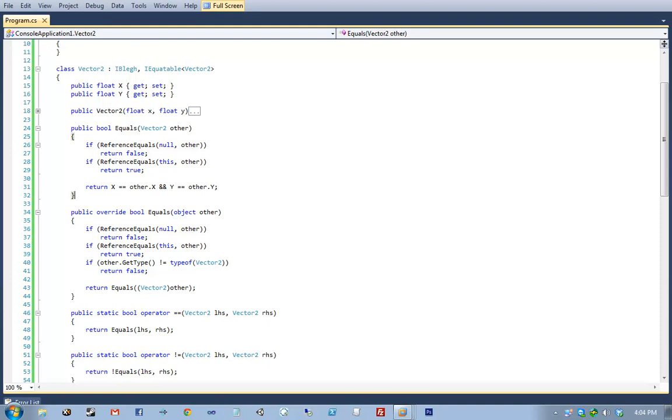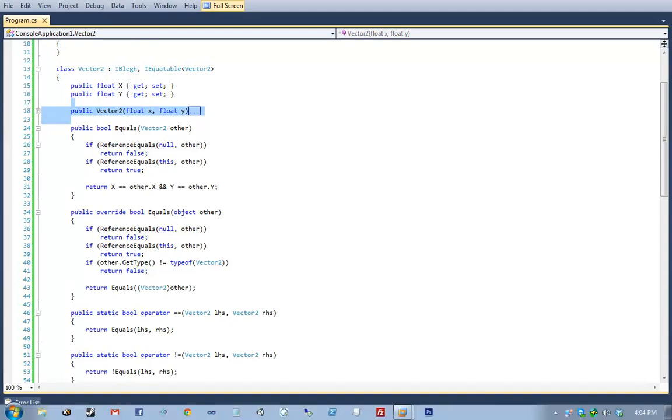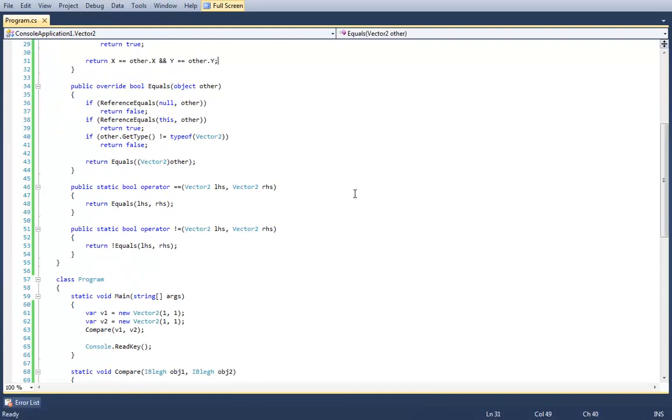GetHashCode is used for a variety of optimization things. A variety of different optimizations within the BCL. For example, the dictionary class uses the hash codes of your objects to optimize access to the dictionary.